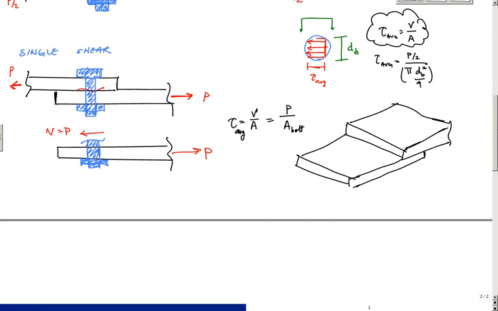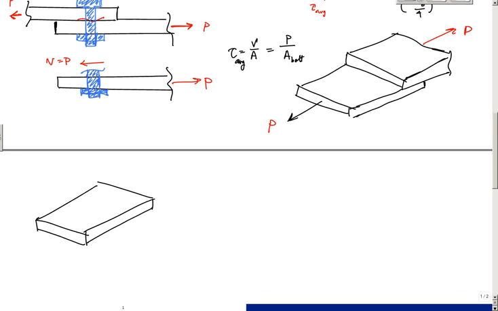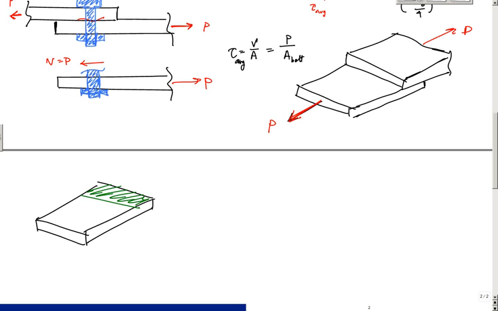And I isolate just one, then, and I look at one right here. So if I look at the bottom piece right here, and let's say that I had a force P and a force P acting on here, then if this is my glued area right here, and if I have my free body diagram but just the bottom piece right here, I know that this V, the shear force acting over the glued